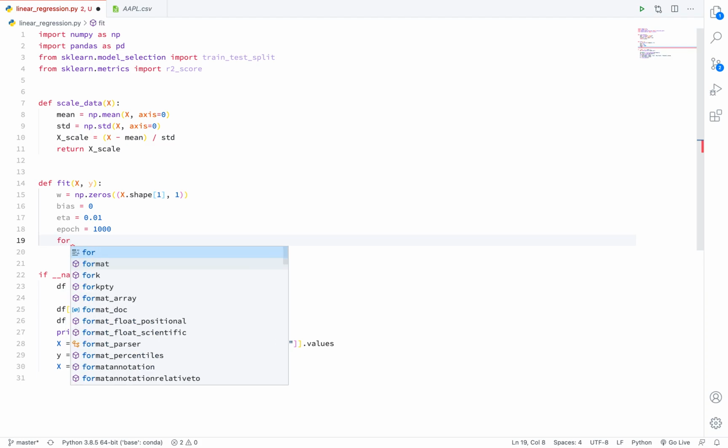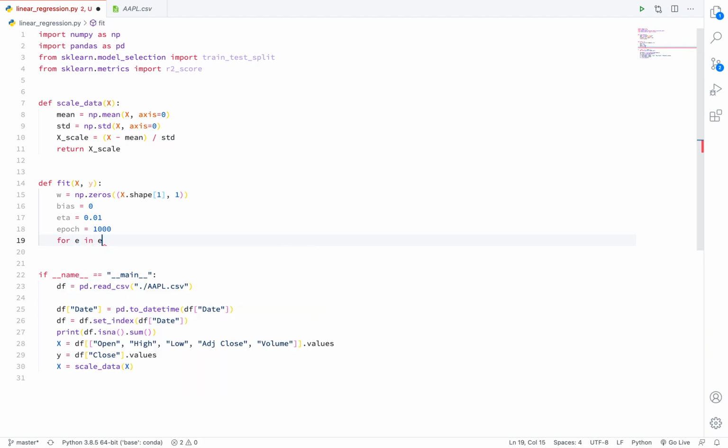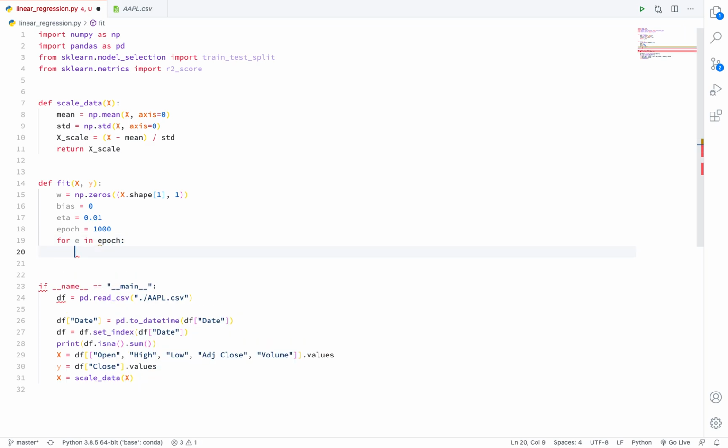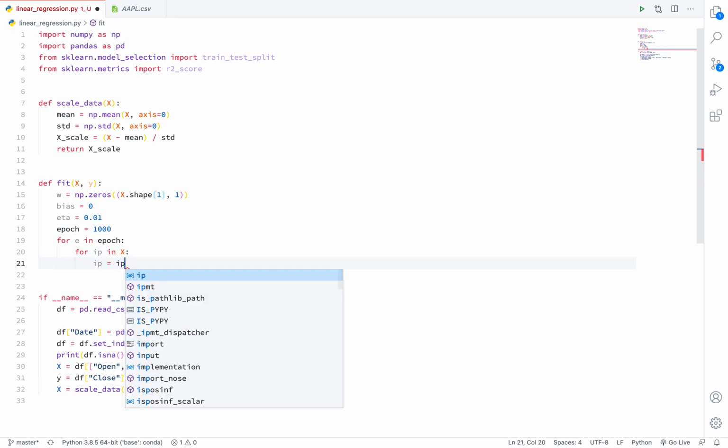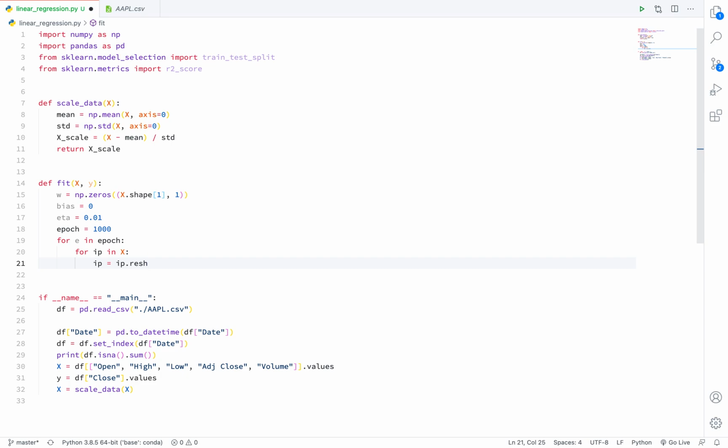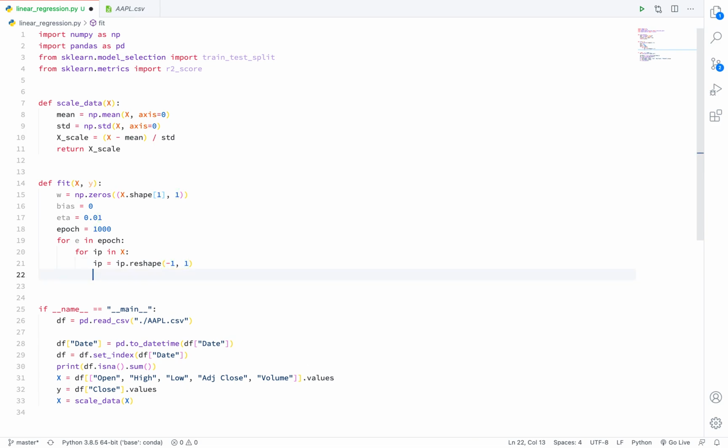So let's write the gradient descent here: for e in epoch, and for input in X. So let's reshape this input. We want a two-dimensional array. So -1, 1. We are just telling NumPy the second dimension is 1, find the first dimension.